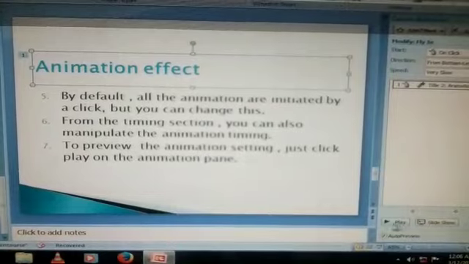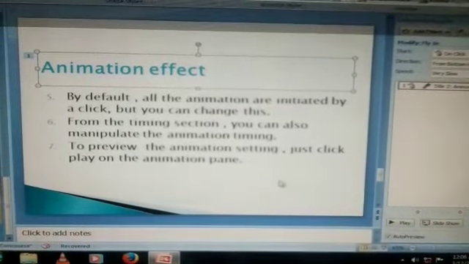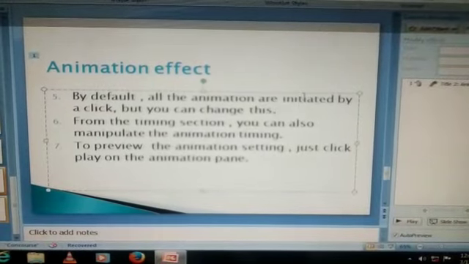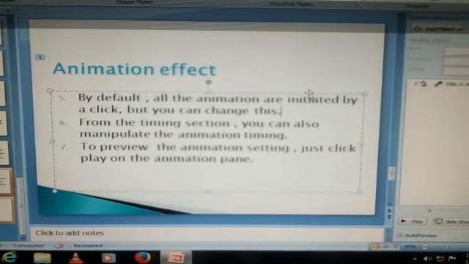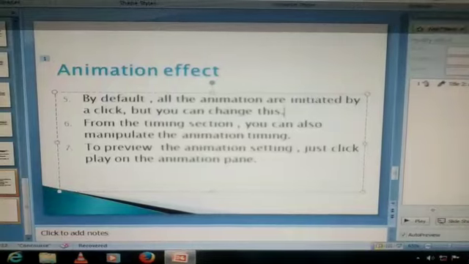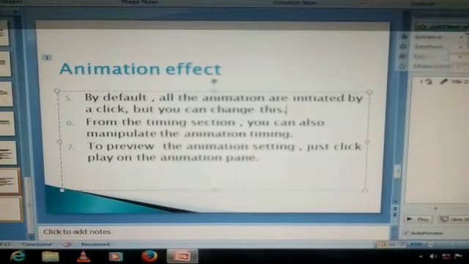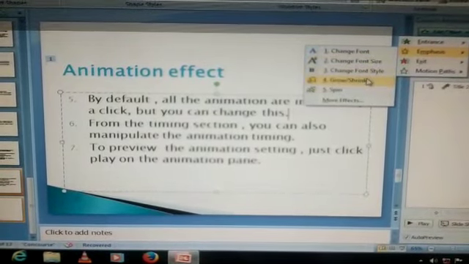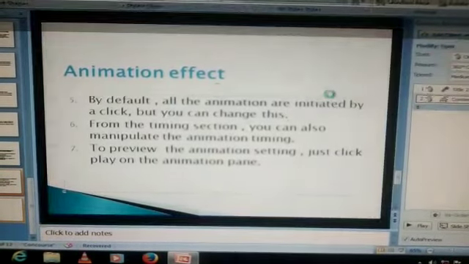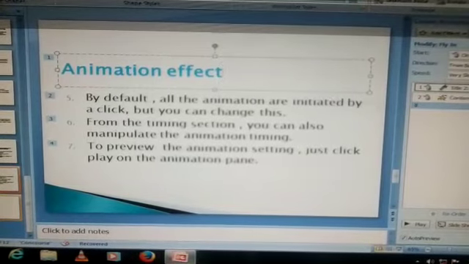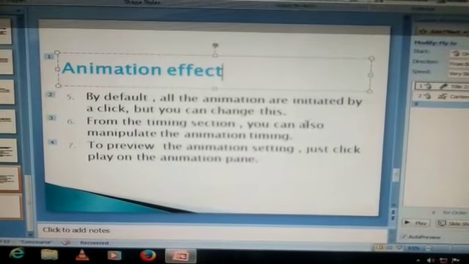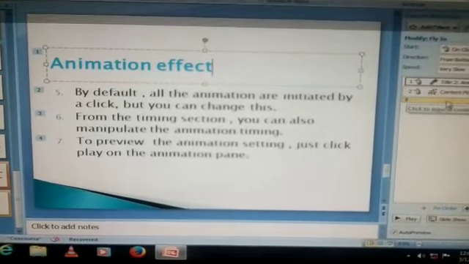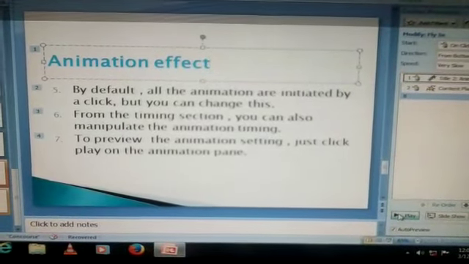Now in this way you can add an effect to your object, or wherever you want you can give this effect. I'm going to give an effect to this, so select this one, then go to Add Effect, then Emphasis, then Font Size or Grow/Spin, okay, like this, then play.